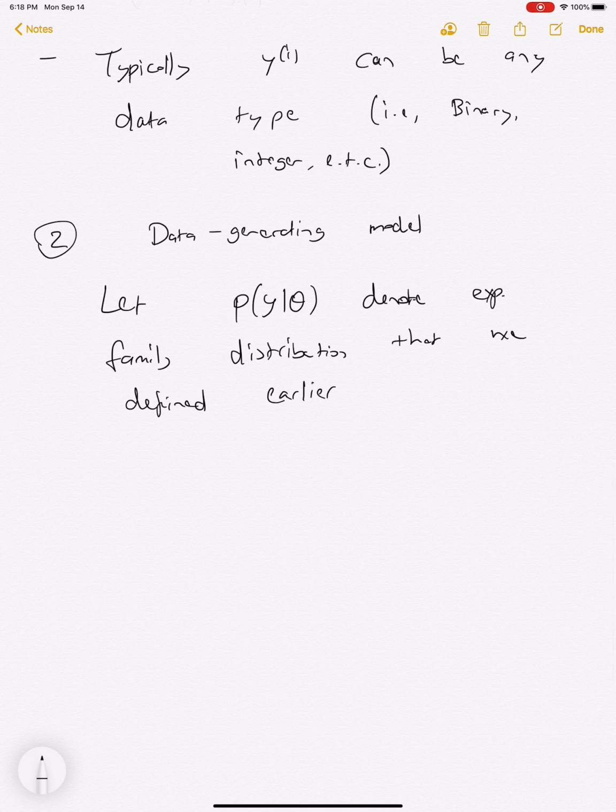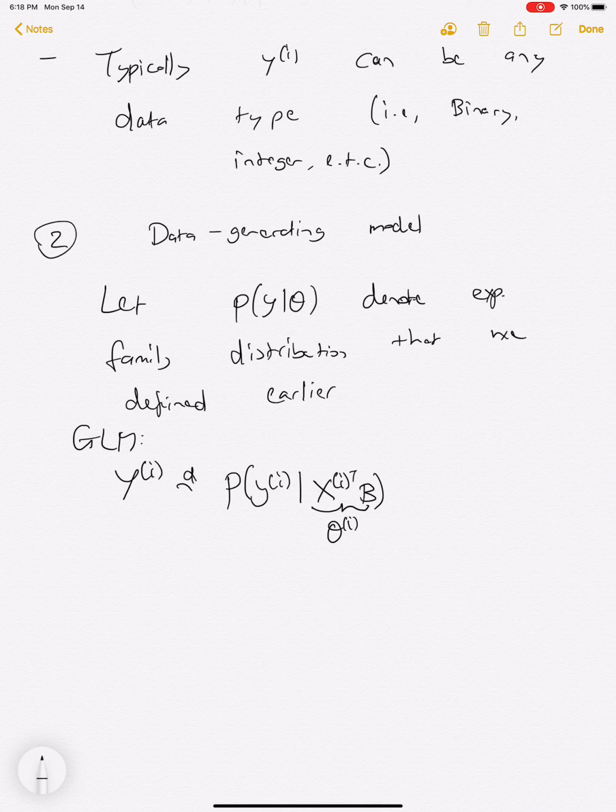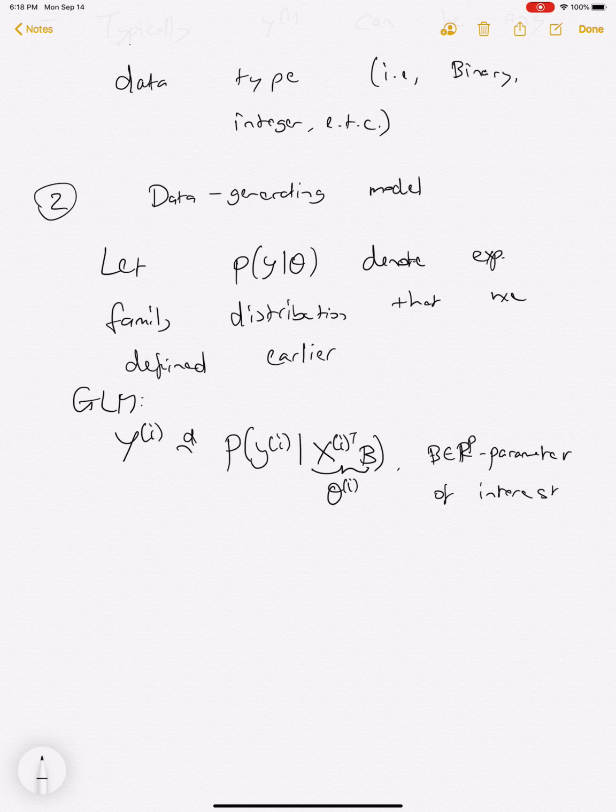And so we have that yi has the distribution, so for the GLM, p of yi given, let me just talk through this a little bit. So this is your theta of i. b is in R to the p, the parameter of interest. Remember that we have this natural parameter, but this natural parameter now is allowed to change with i as a function of these covariates. So the covariate information allows us to change the theta i, but we still have this coefficient vector b,